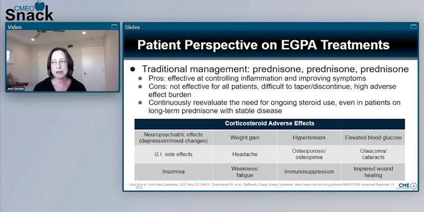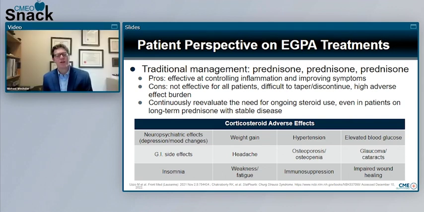It's probably the biggest thing, prednisone, that patients talk about. How do we try to minimize the prednisone? And many of these changes that happen to us might not seem so critical to the doctor, but they're such an impact on patient quality of life and our sense of well-being and our sense of who we are. I absolutely agree. I think that we need to be, as physicians, cognizant of all of these side effects and the impact it plays on the quality of life of our patients.